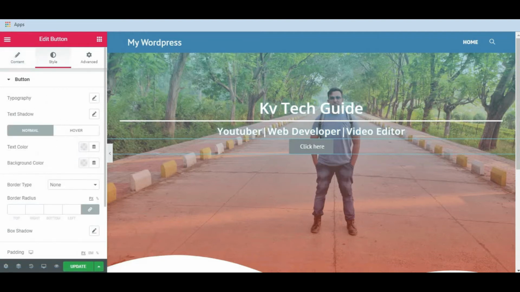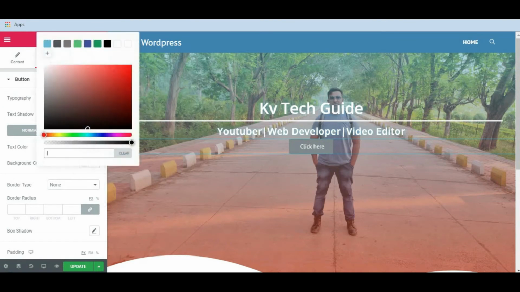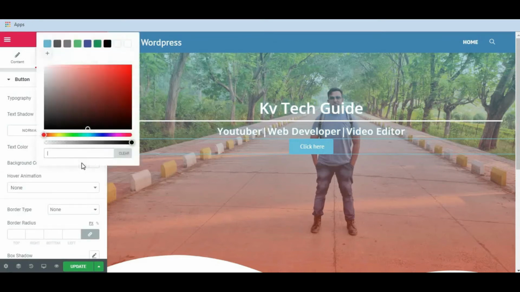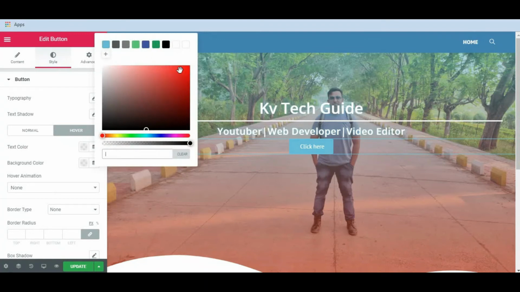Right now the text color is white. Let's keep it white only. And we are going to change the background color. Let's make it light blue. Okay. And go to the hover color. And let's make the background hover color red. Yeah, red. Okay. Here we go.